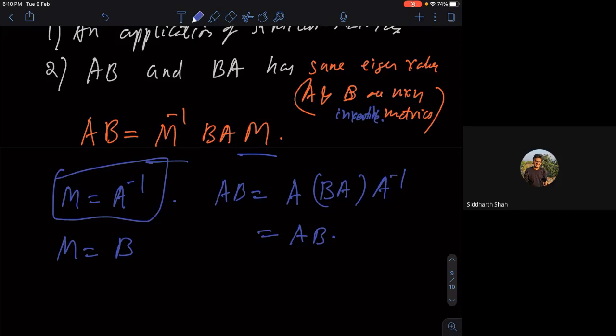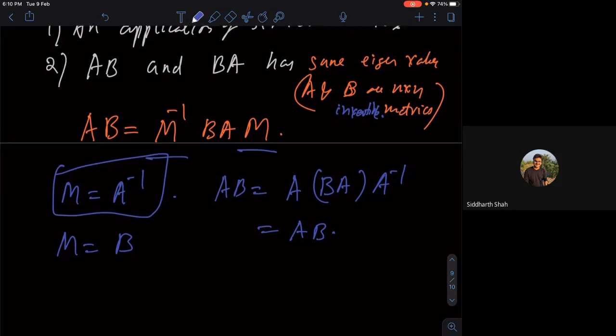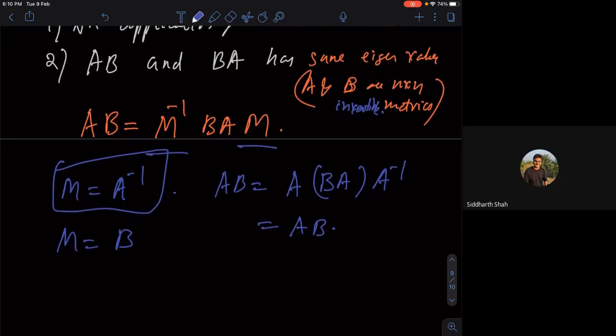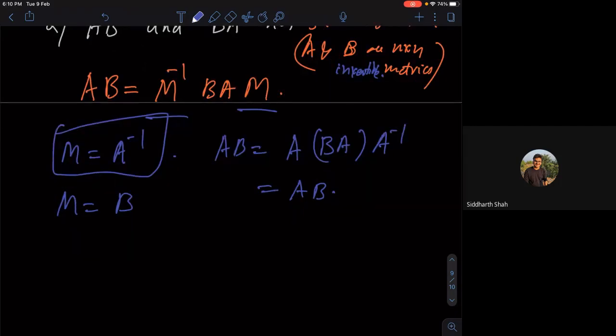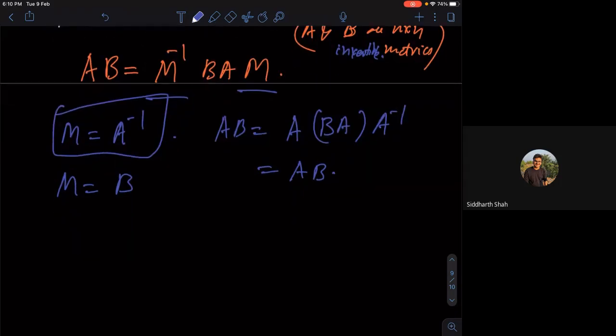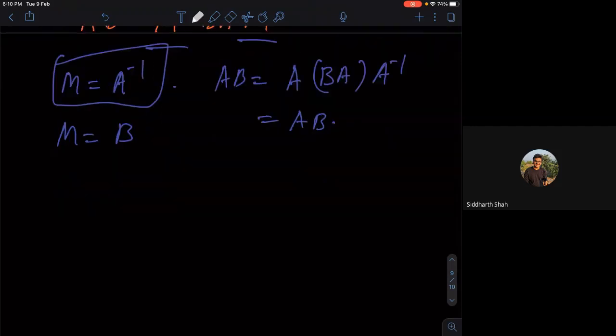So right now we have found out that AB and BA have the same eigenvalues. Finally, we have now picked out all kinds of very good properties of eigenvalues, and we are going to see the last property, called